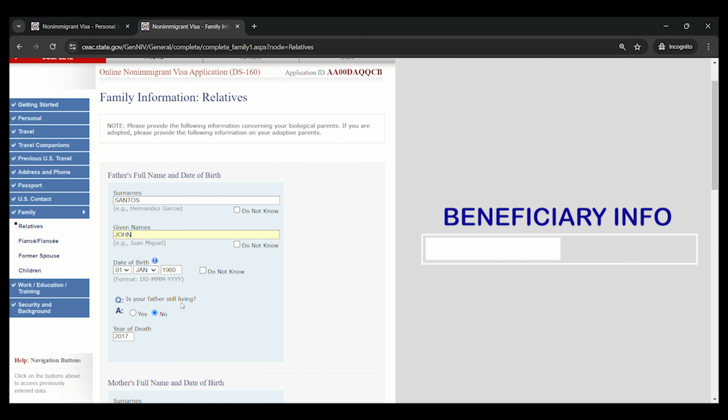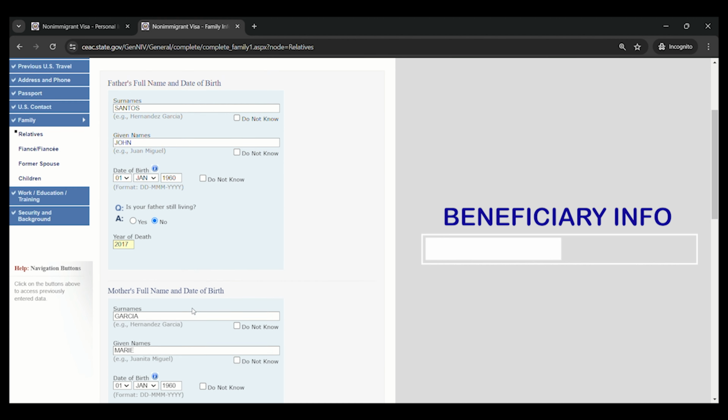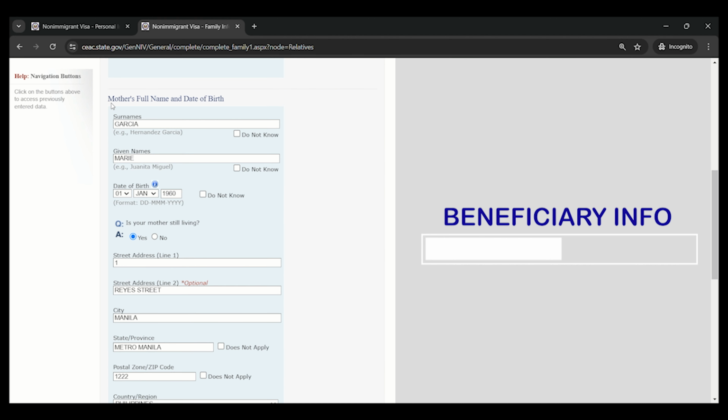Is your father still living? I said no. Then you have to provide the year of death. Now, provide your mother's full name and date of birth. The surname of your mom, the given name or first name, and the birthday of your mom. Is your mother still living? If you say yes,